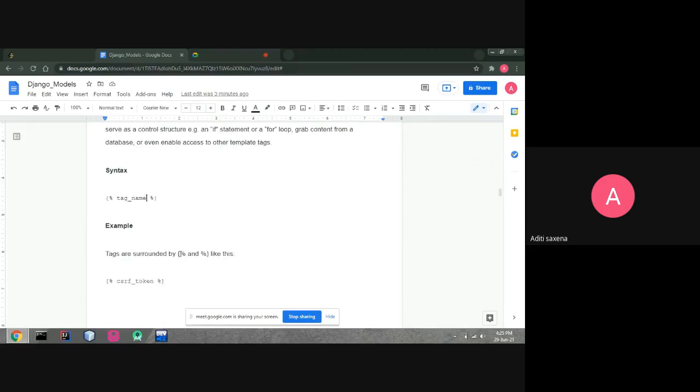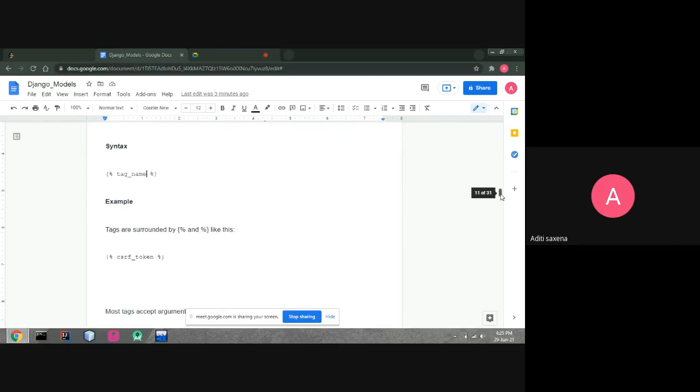Tags are surrounded by curly braces and the modulo symbol, then the name of the tag, like what we are applying. We can use a for loop, an if loop, an if else condition, whatever we want to apply, and the end of the condition, after the modulo sign and curly braces.